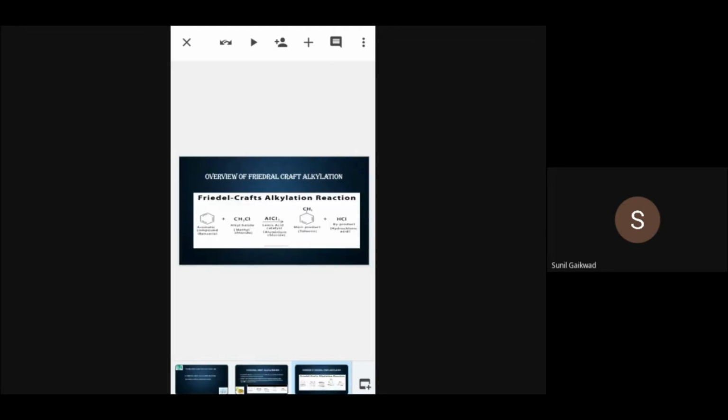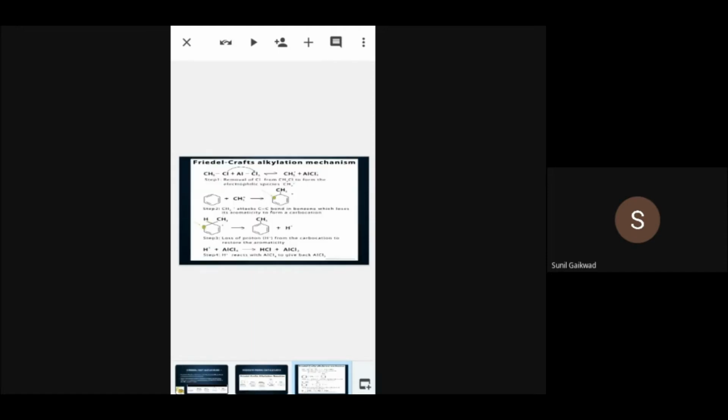So first of all, let's see, this is the overview. I have zoomed this image and you can see this beautiful reaction. There is the presence of AlCl3, which is a Lewis acid catalyst, known as aluminium chloride. Now let's see the Friedel-Crafts alkylation mechanism. See, step number one. What happens? That Cl got detached from the methyl chloride, and AlCl3, which is a Lewis acid, directly got attached to it. Now you can see that AlCl3 became AlCl4 minus.